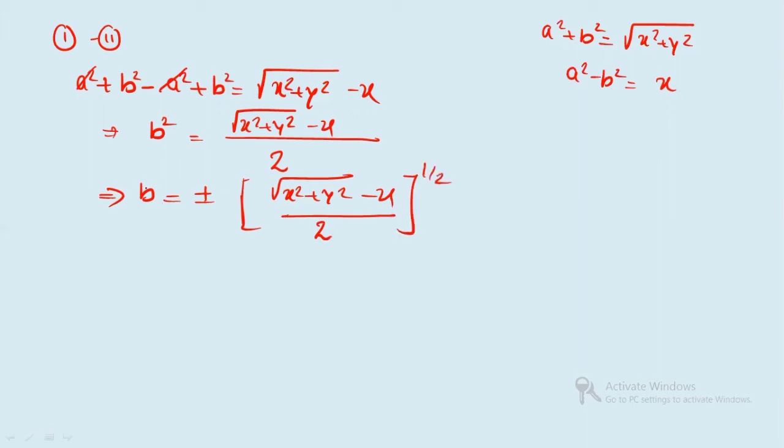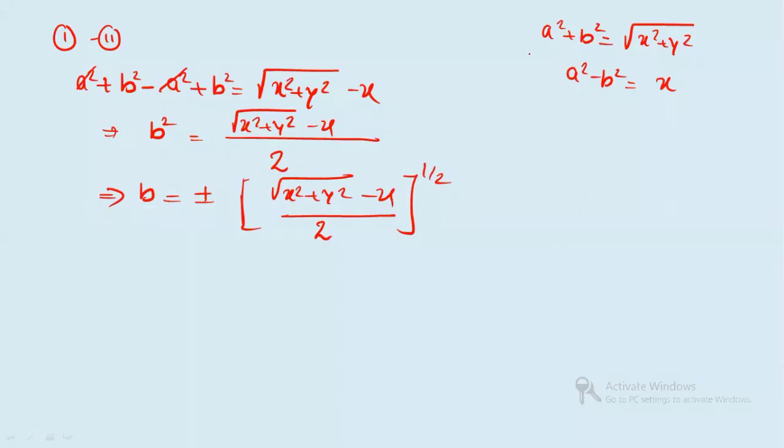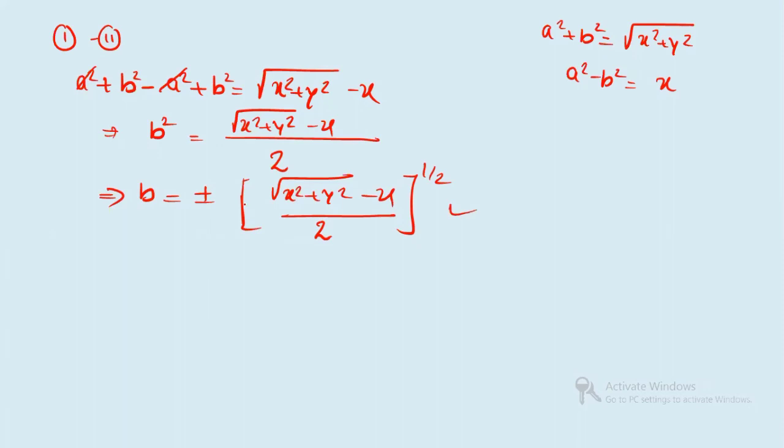So this is the value of b, and the first one was the value of a. So this is how you can calculate the value of a and b, and you can find the square root. So here what did you get? You got the value of b to be this, and this is the value of a. So if you see here, here also you're having a plus minus, here also plus minus. So here you're getting a total of 4 roots, right? But you need 2 roots because we are talking about the square roots. So which 2 roots will you consider?